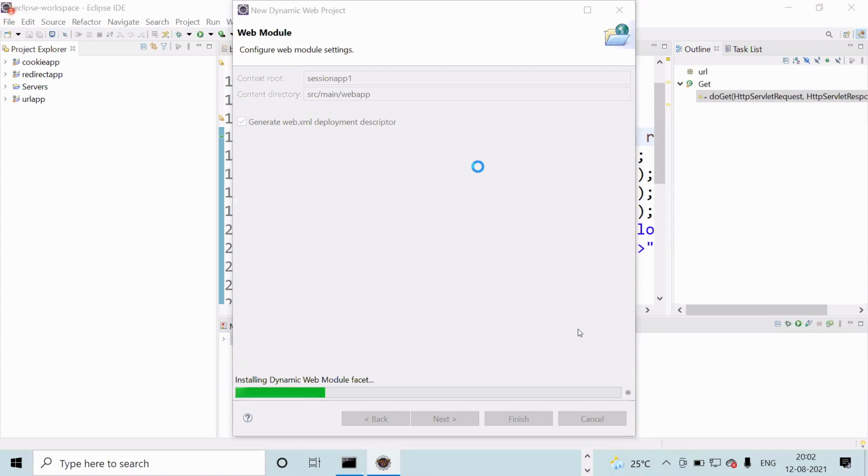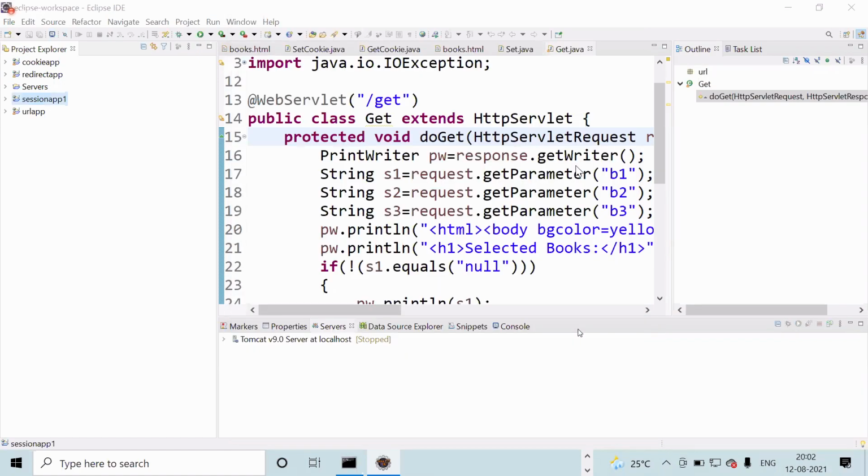Yeah, Glassfish is an application server. Like, see, concentrate on the subject. This type of question, you can ask later, no? At the end of the session you can ask, no? If you ask again and again, you will not concentrate on this. At the end of the session you can ask. Better.